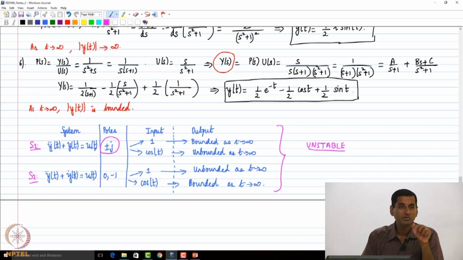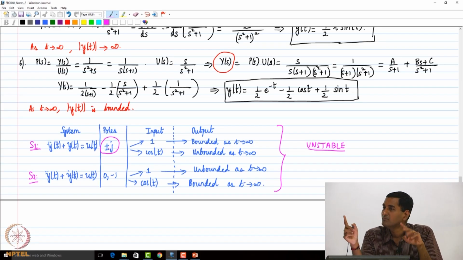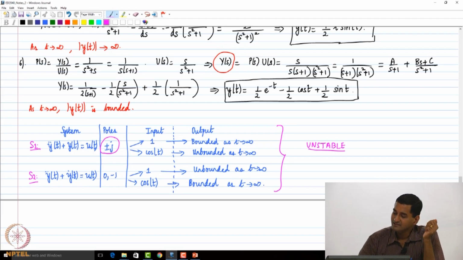See, for this system, the poles were at plus or minus j, right? What is the magnitude of the pole? 1. So you saw that when the input is a sinusoidal signal, either cos omega t or sin omega t, with omega being exactly equal to the magnitude of this purely imaginary pole, right, for system S1, then we are going to have an unbounded output. Okay, so for that reason, some people will call this class of systems marginally stable